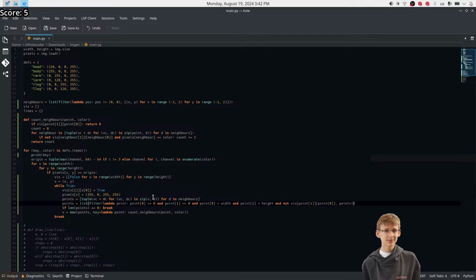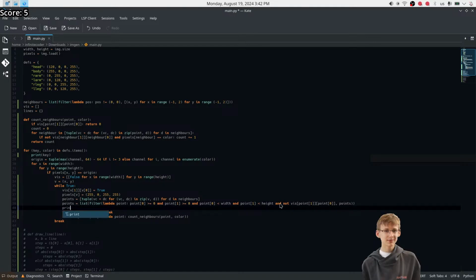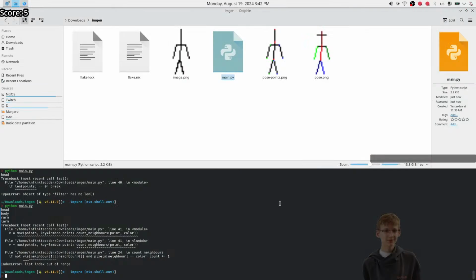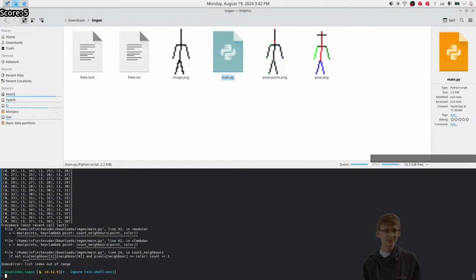So I'm filtering all the points. Wait, filter returns. Okay, so if it's outside, then it should filter out. Huh? For some reason it doesn't. Print points. Okay, so